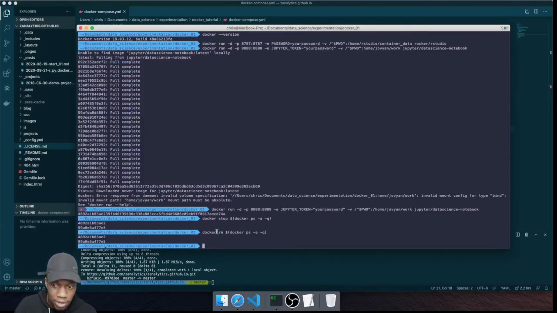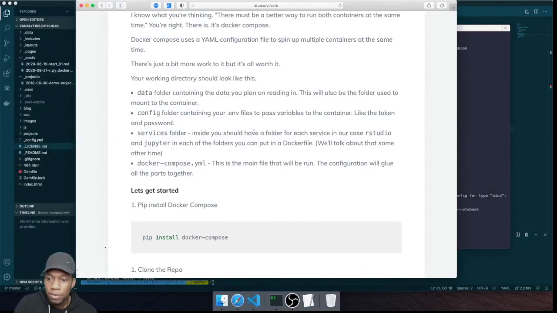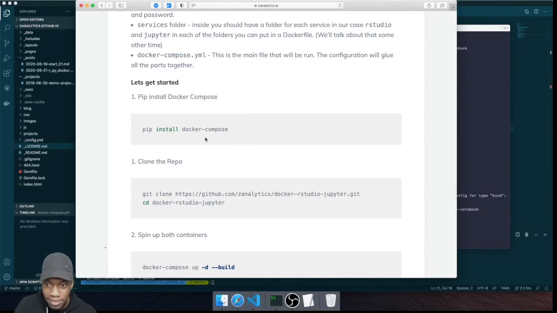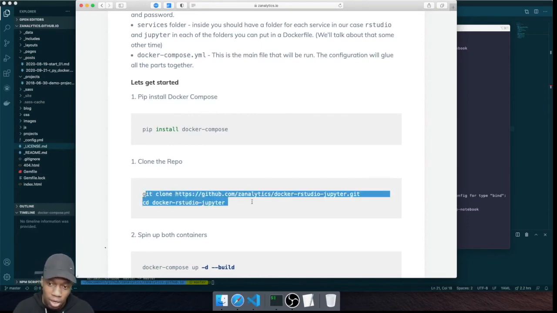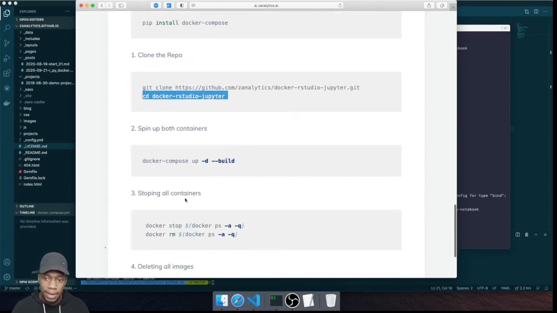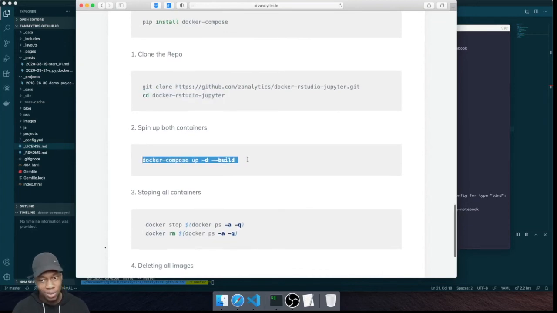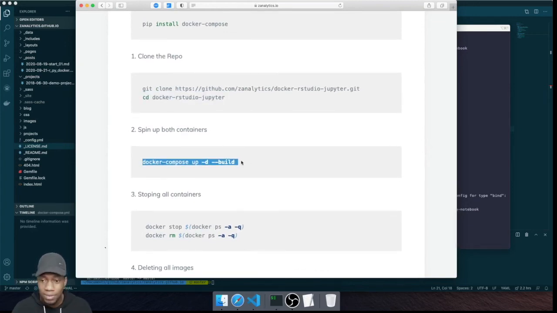For the Docker Compose, the first step is to pip install Docker Compose, obviously, because it's kind of different from Docker. It's kind of like a mini Docker attachment, you get me? And then you git clone this repo. I made this on GitHub, so it will have the same structure basically, and obviously get into the folder, and what you're gonna do is just run this command, and it's gonna spin it